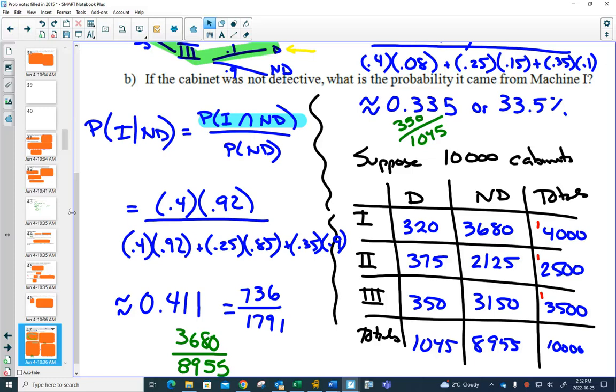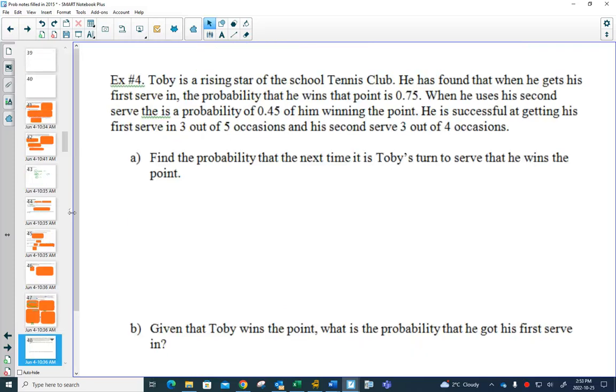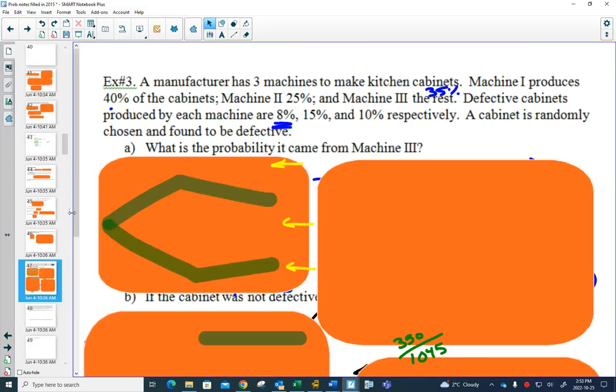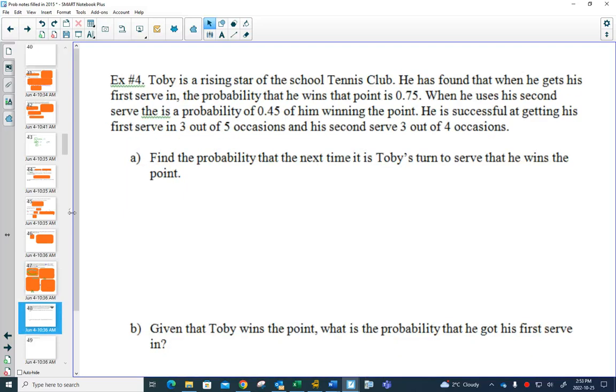Oh, do I have the example? What's our next example? Oh, I have an example that I used to do in my grade 12 class,